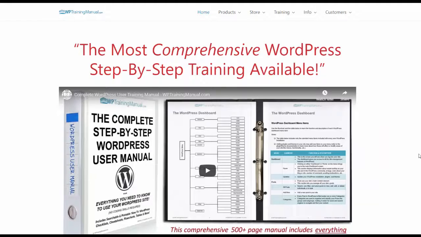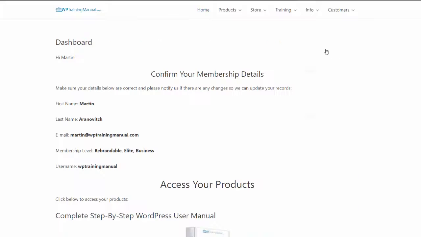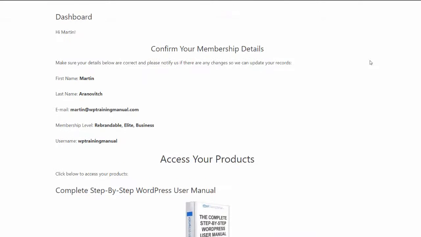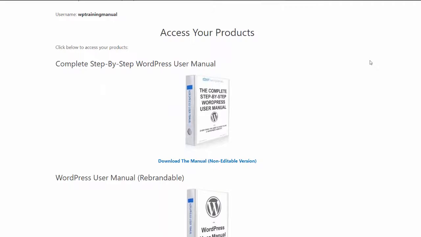In this video, I want to show you how to download the complete step-by-step WordPress user manual. After you've made the purchase, you'll be taken to the dashboard in your members area. We give you a little tour of the dashboard in another video. All you have to do to download the manual is come down here to where it says complete step-by-step WordPress